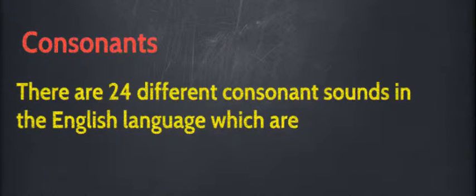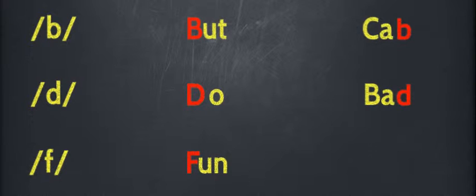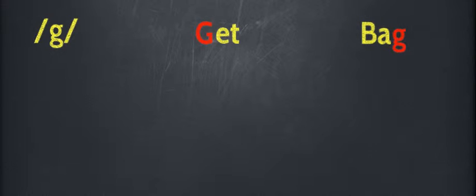There are 24 different consonant sounds in the English language, which are: b, but, b, cap; d, do, d, bad; f, fun, f, if; g, get, g, bag; h, he, h, ahead;